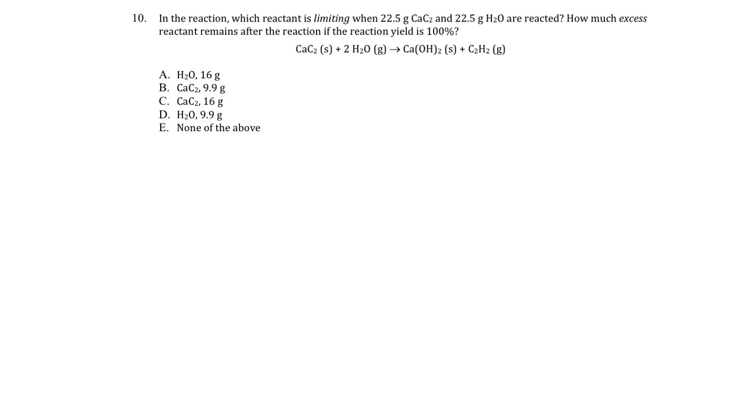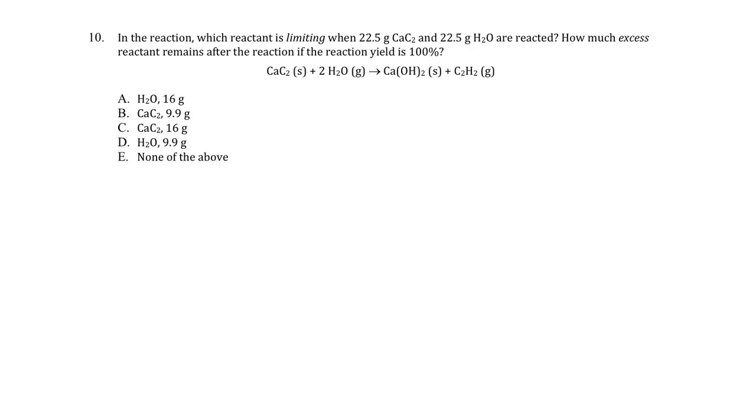This question here is looking at a limiting reactant problem. So in this reaction, which reactant is limiting when we have this quantity of reactants added together? How much of the excess reactant remains after the reaction proceeds to completion? Okay, so the way I might work this problem out here is to say, well, how much of the one do I need to react given all the other? Let me figure out how many grams of the calcium carbide I need to react with all of the water